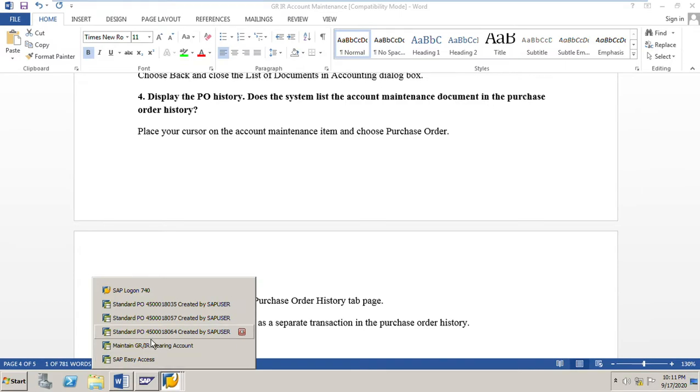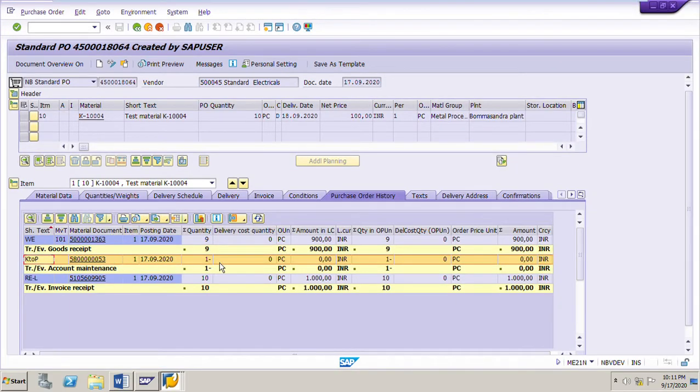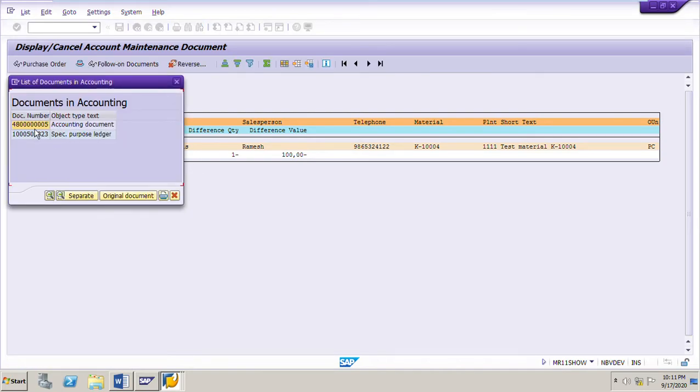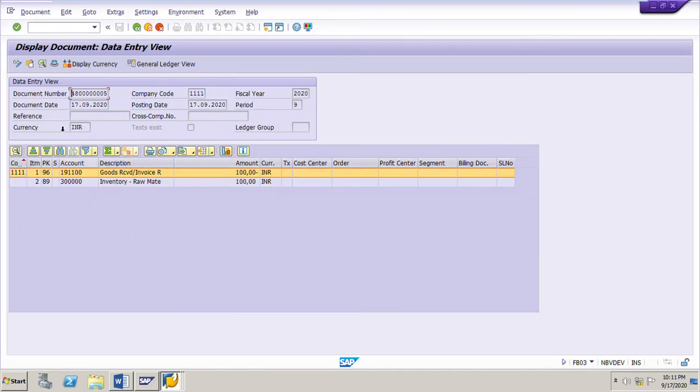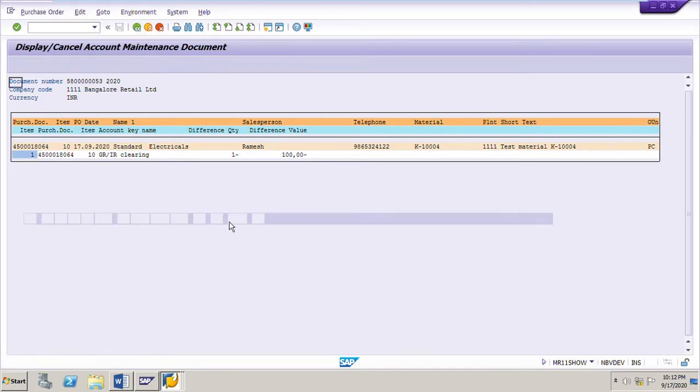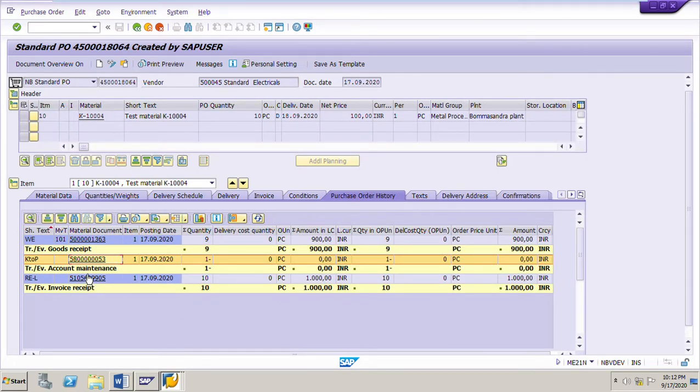So here we can see this account maintenance document is updated as a separate document in the purchase order history. We can even go to this account maintenance document again and go to the following documents and go to the accounting document of the GRIR account maintenance document. So we are in the purchase order history, and in the purchase order history we have seen that this GRIR account maintenance document is updated as a separate document.